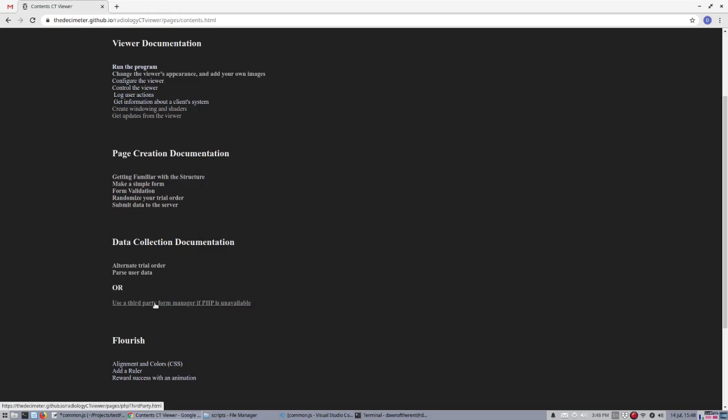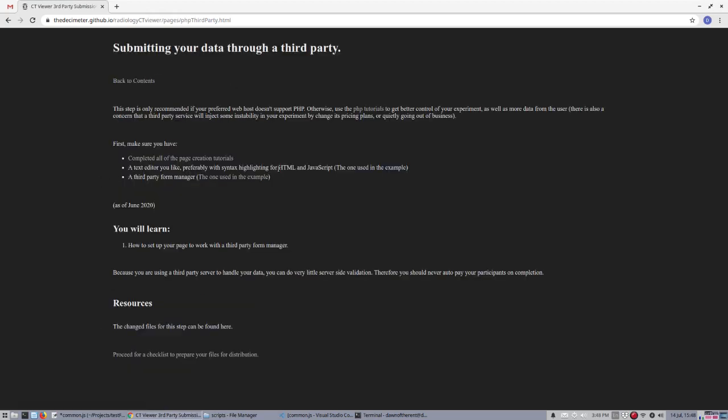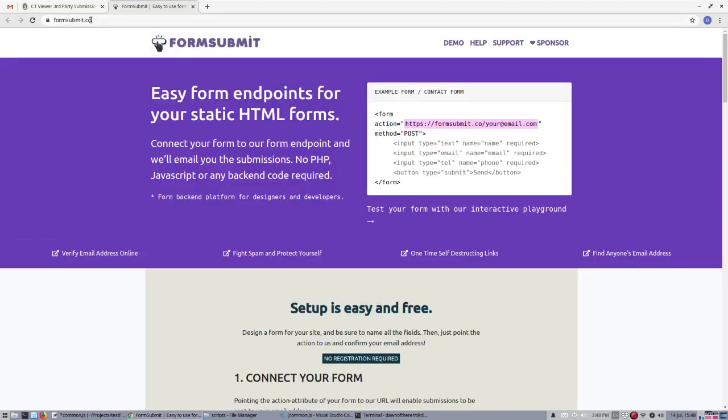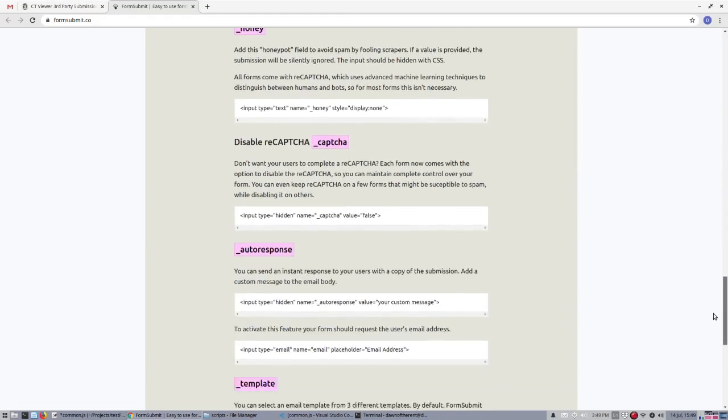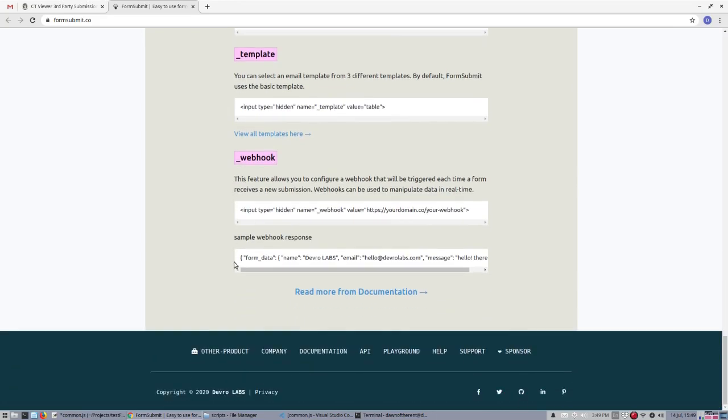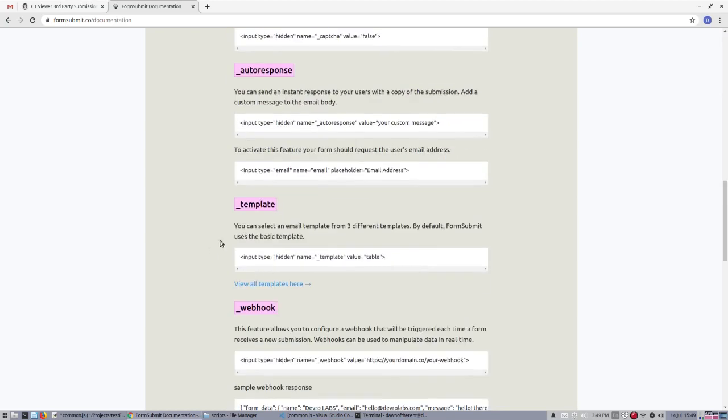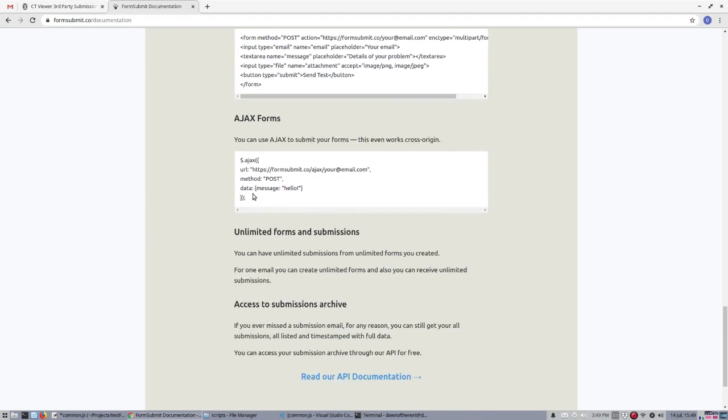Depending on your third party, you might have a really easy experience here, or you might not. I am going to use formsubmit.co. There was a group called FormSpree that had put all of their source online, and so you see a bunch of clones of their work, and this is one of those, I think. They have an option to send data to them asynchronously, which is how we currently do it. And if your form manager has this option, then your solution is going to be very, very simple. So basically you just take their address that you want to send to,